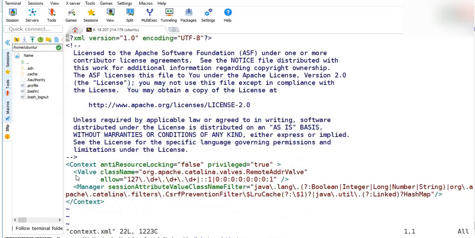You have to comment all of these things, the way you comment in HTML.